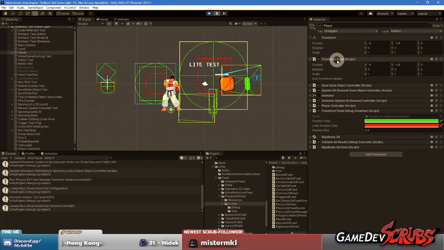It's a middleman between my perfect deterministic math and Unity's not so deterministic math. And as long as I do all my calculations and all my collision checks with transform fixed and all those deterministic components that are replacements for Unity's components, then everything should be fine.